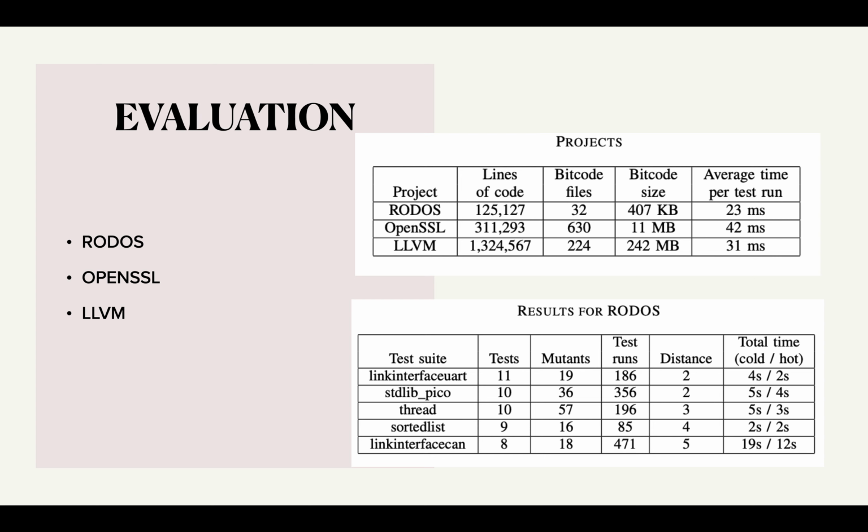Coming to the second tool or second project, which is OpenSSL. This project is written in C. It uses custom test framework for its tests. OpenSSL has a mix of unit and integration tests. We have to look at each test suite to identify if it is a unit test suite or integration test